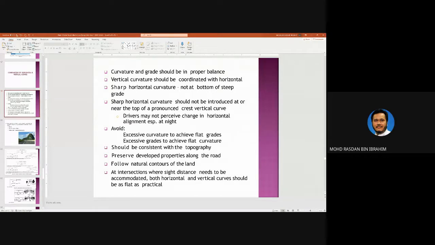So we need to preserve as much as possible the developed properties along the road. Follow the natural contour of the land, if possible, if the contour is mild. At intersections where sight distance needs to be accommodated, both horizontal and vertical curves should be